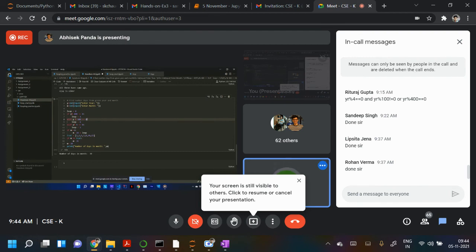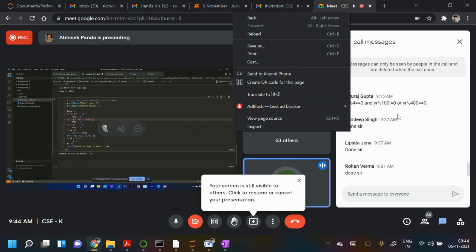You should write it together. Divided by 100 is not 0, and divided by 4 is 0. That is, y modulo 100 is not 0. So I have written not or equal. What is your second condition, elif? Yes, it is equal. You have to write not equal, no? So I have not properly answered the question. Okay, you may correct it.